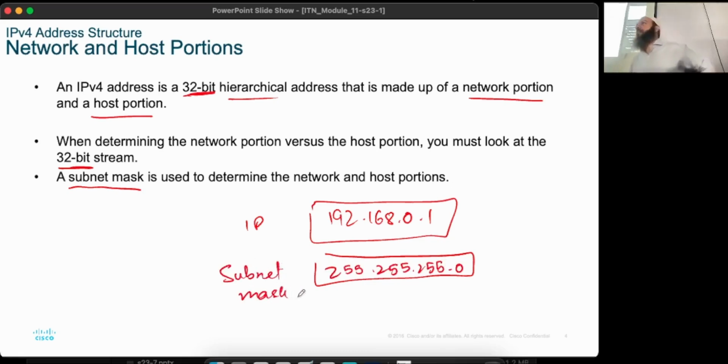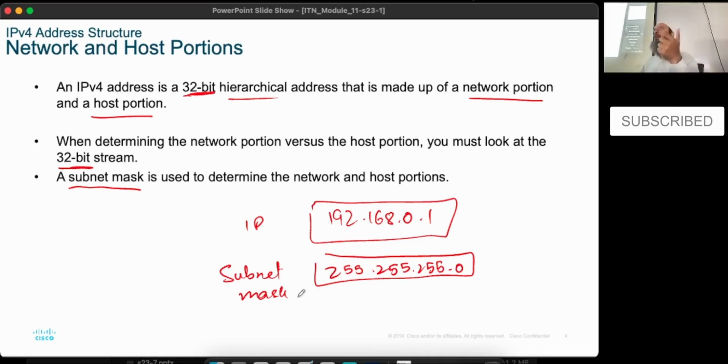And essentially this lecture is all about what a subnet mask is. In order to decide in a given IP address what the network portion is and what the host portion is, you look at the subnet mask. If you remember, we had this in the quiz and in the midterm as well, that there are a certain number of bits dedicated to the network portion, and the rest of the bits in the 32 are dedicated for the host portion.